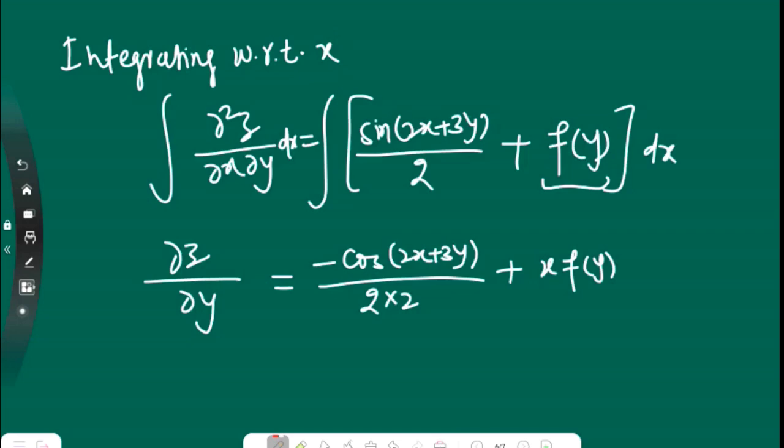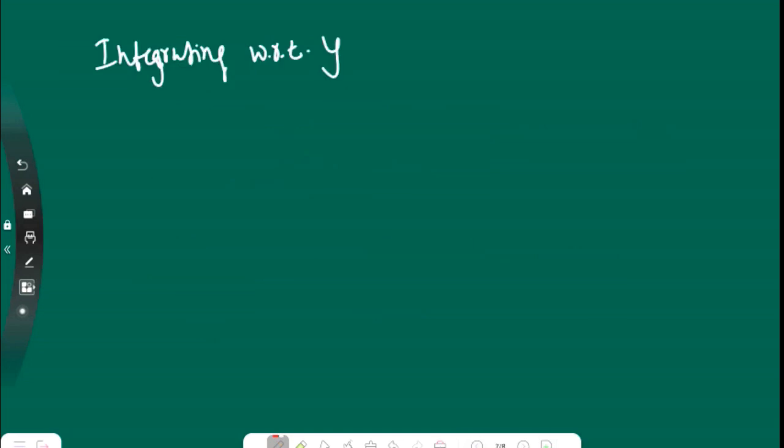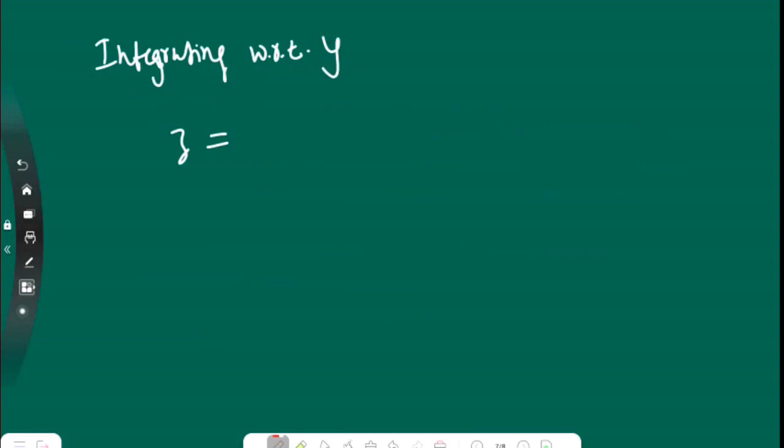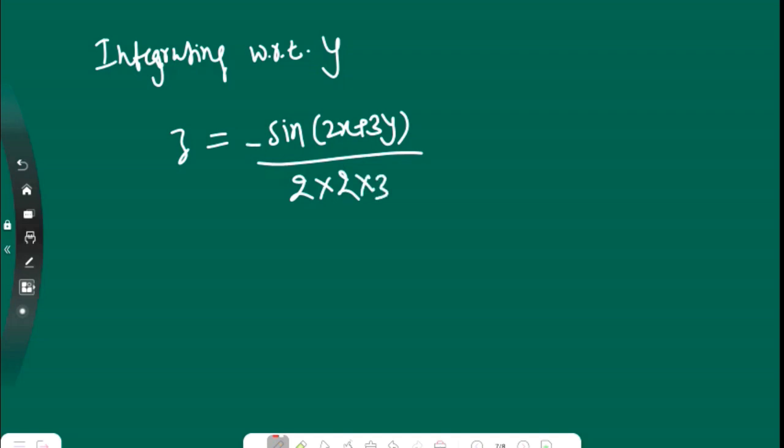So del z upon del y will become z, and cos will become sine, and there will be 3, so sin(2x plus 3y) upon 2 into 2 into 3, there was a minus sign, plus there was a function of y, we will have to integrate it dy, and we will get